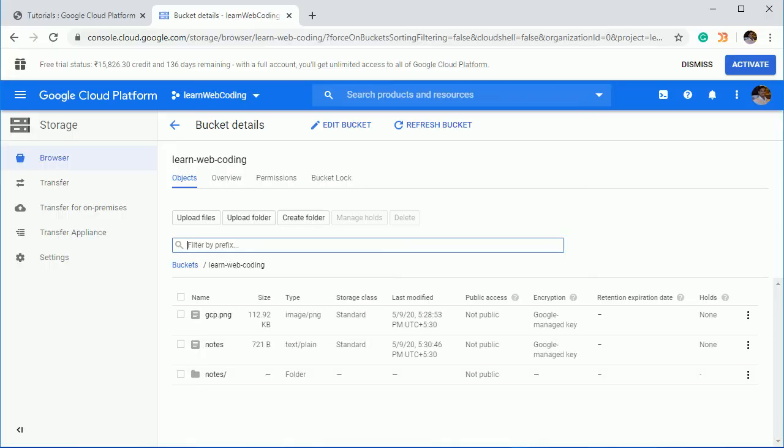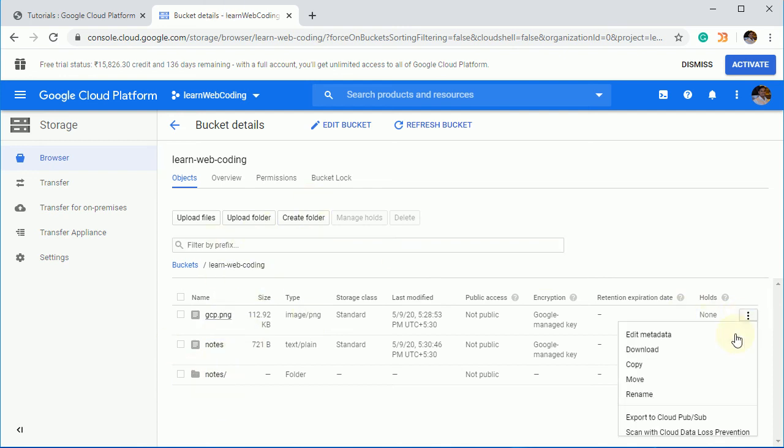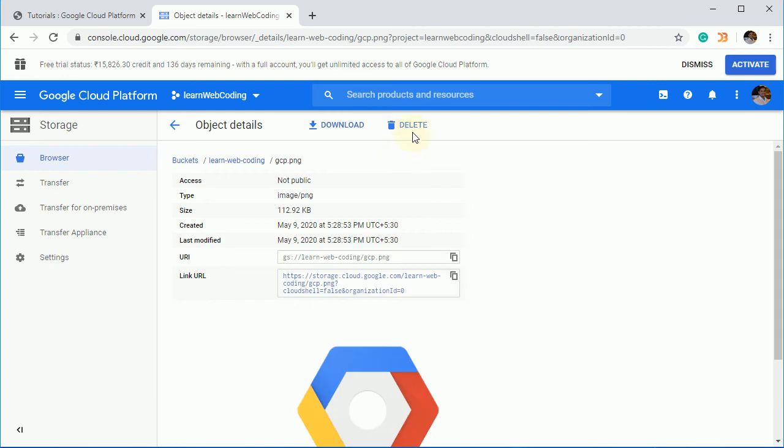So the next part is, if you want to delete it, you can delete it through the command line also. But simply, if you want to delete, just go here, select this and click on this delete, and it will be gone.